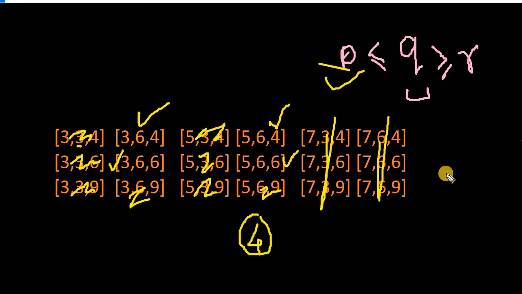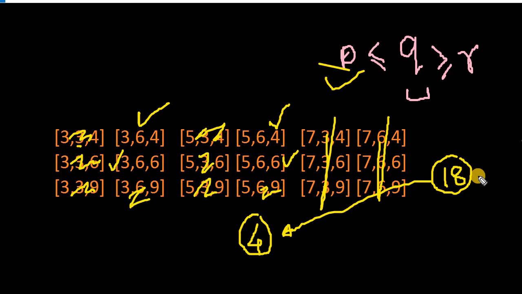So we got 18 different combinations which are possible for the given array, and out of 18 only 4 were useful, which we could return. So we are doing a lot of computation which is not necessarily required, and this is the part where we can optimize. What we need to optimize is the number of comparisons. In this basic approach, we are doing 18 comparisons and we need to optimize this part.